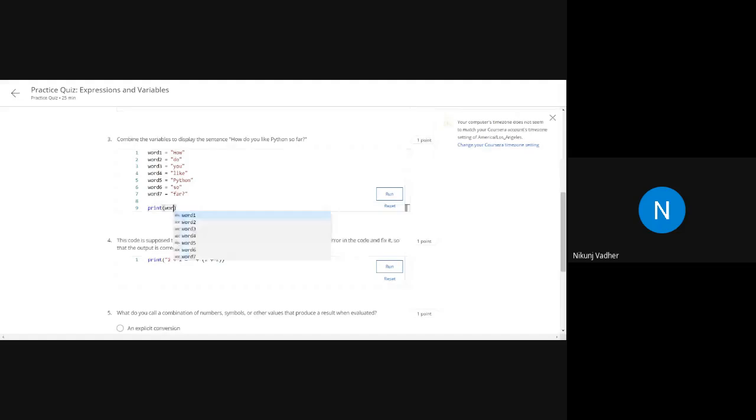So word 1 plus word 2, word 3, word 4, word 5, word 6, word 7. Okay, and here another thing, we want a space in between each word. Okay, so what do we have to write?